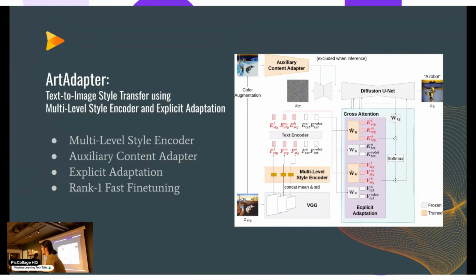I'm just curious about ChatGPT's background. Sorry? Yeah, ChatGPT can draw images. So this also draws images. So it's the same principle.